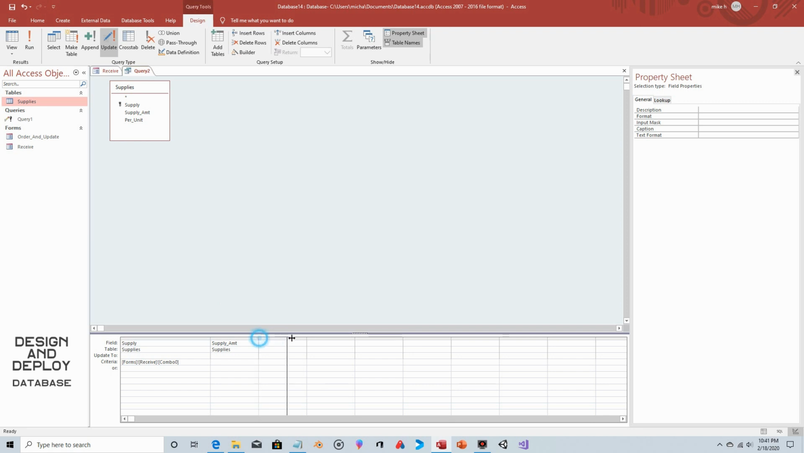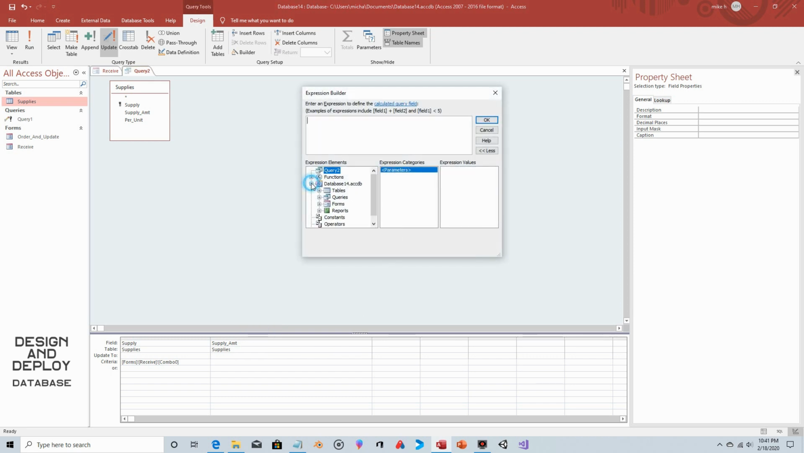Now for the supply amount, this is the part that's going to look messy. So we want it to be equal to its current value, okay, because we're going to increase it. So update to build, database, table supplies. So we want it to be equal to its current supply amount, but then we want to add something to that. So plus, so the current value that's in there plus